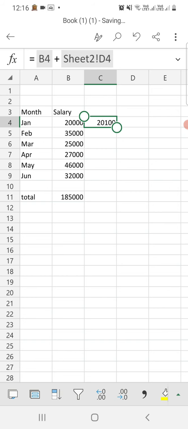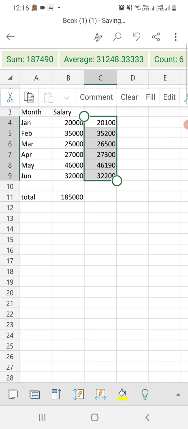You can calculate the total salary for other cells by dragging the mouse pointer to the rest of the cells when the pointer changes to a copy pointer symbol. You can also select the cell. When you get the copy pointer option, just drag the cell, or you can also choose the fill option and then just drag the cell. You will get the data. Okay, that is our cell references using sheet name or sheet number.